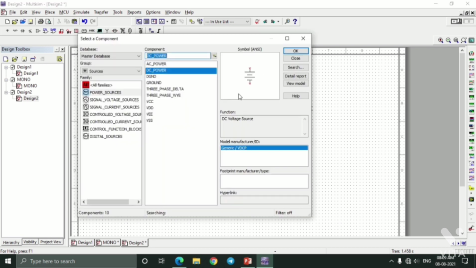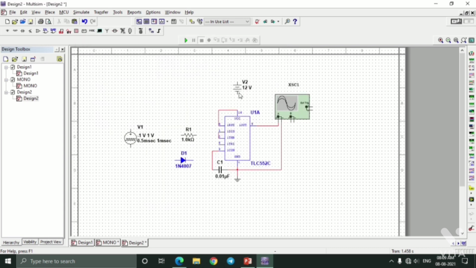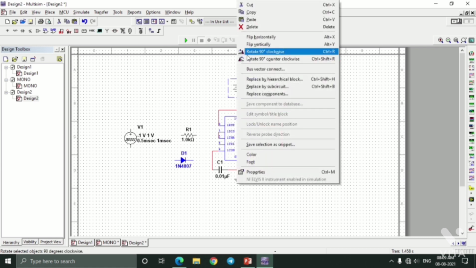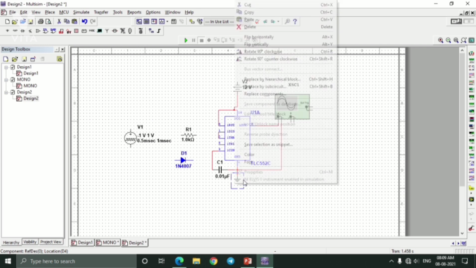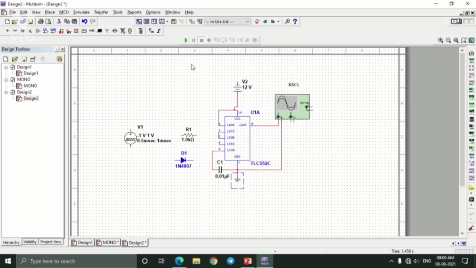Initially it will show the negative terminal end like this, its orientation is a bit different, so you need to rotate it 90 degrees clockwise, and again. So now the positive terminal is facing downwards, so connect this positive terminal to the plus VCC and the negative terminal to the ground. You just copy the ground from here and paste it over here.